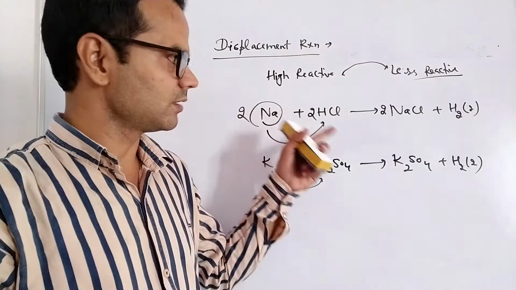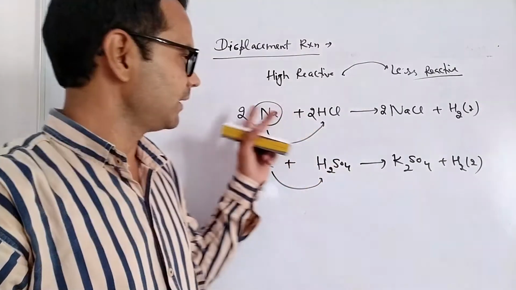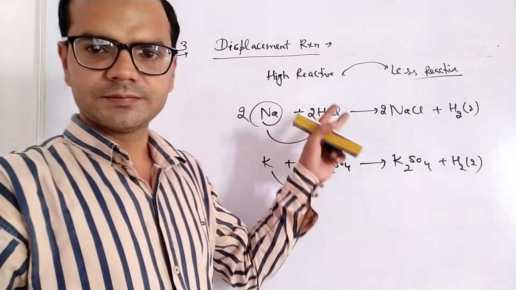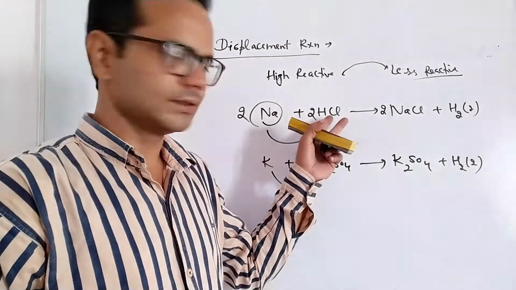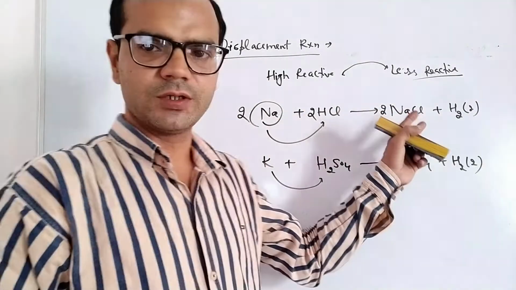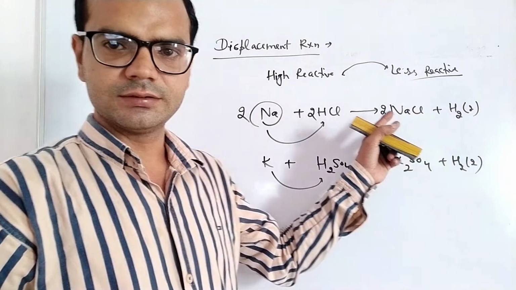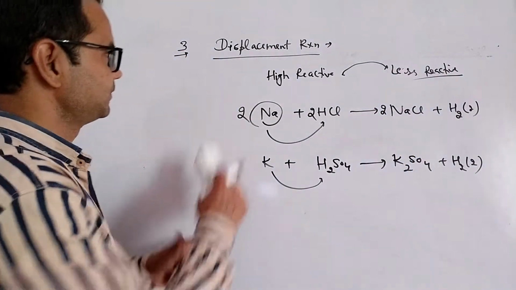And we have discussed it also in chapter number 3, metals. Metals displace a less reactive element from its compound to form a new compound. Right? Fourth is